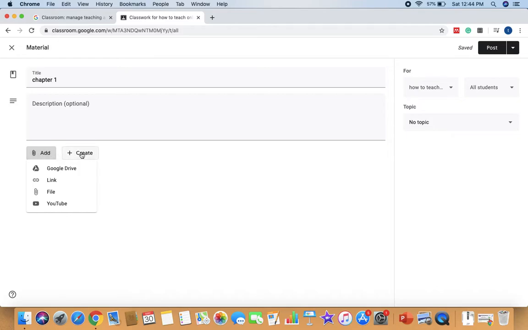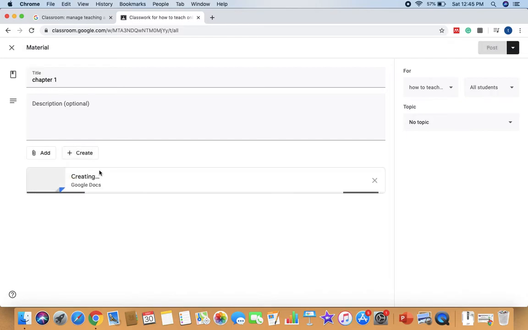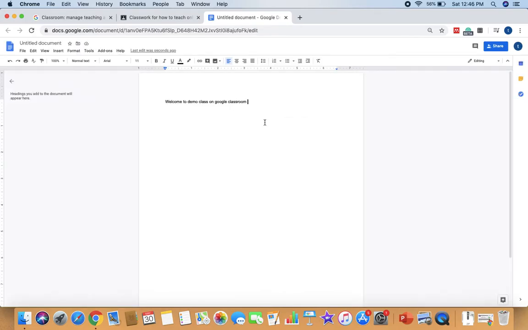Or the next important is this create. If you click on create, you can see different products from Google. There's Docs, and we have Slides, which is similar to our PowerPoint. We have Sheets, which is similar to our Excel. And Forms, I think you are familiar with Forms. So from this, we can select any one and create content. So from classroom itself, you can have this Google Doc and give all the materials whatever you want, or type whatever you want.